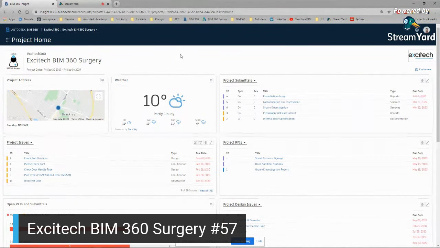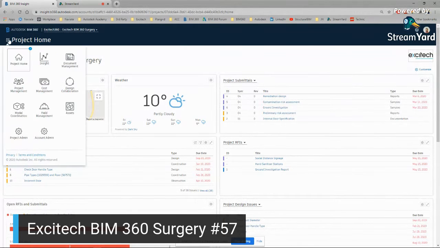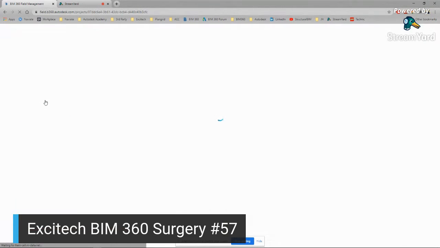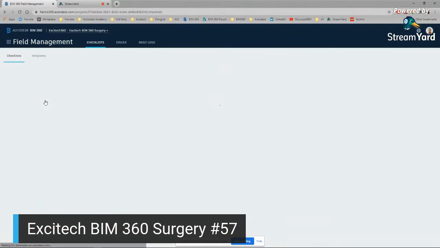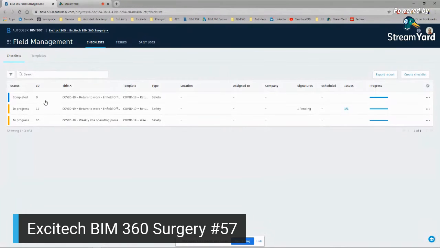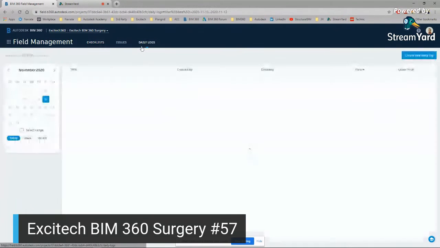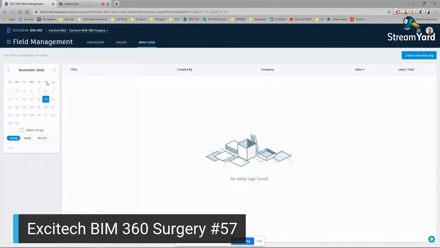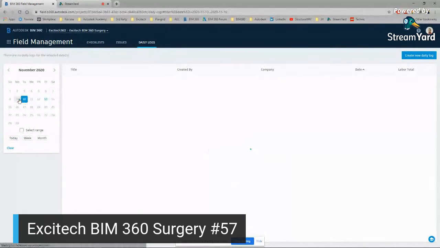So I'm going to take a look at what that change is and how it can help you moving forward. Daily logs are part of the field management module, so I'm going to select my usual BIM 360 surgery and click into field management. In here you have three tabs: checklist, issues, and daily logs. If we jump into daily logs, you will see that it gives you a calendar on the top left, and you can pick your date, and then it will show you an associated daily